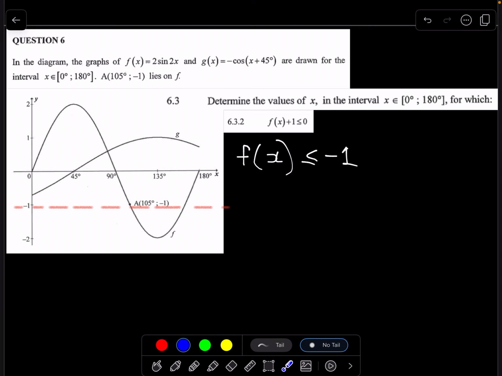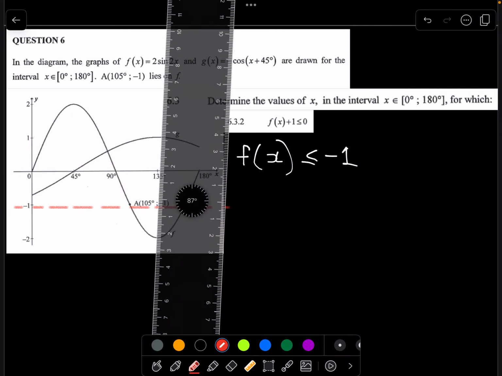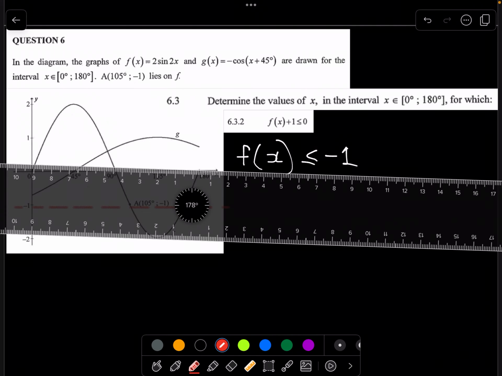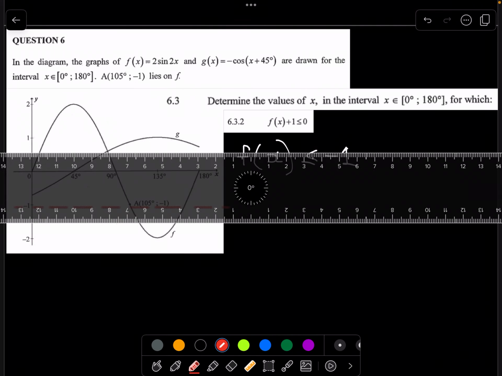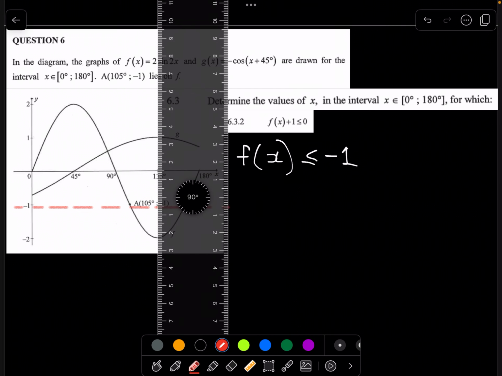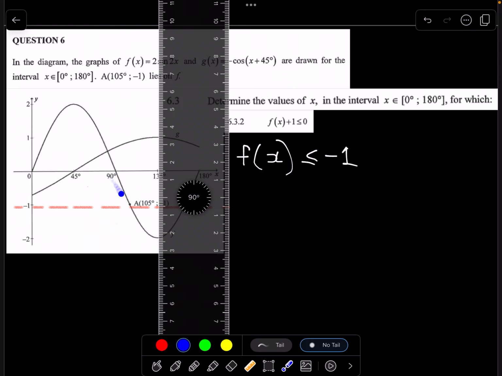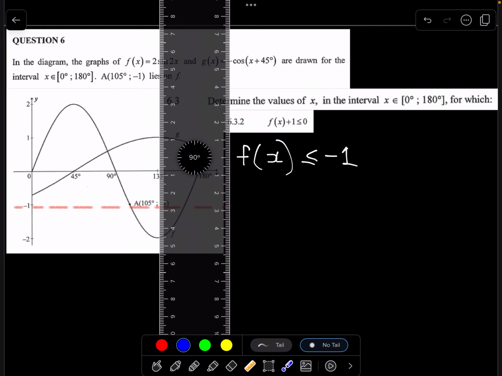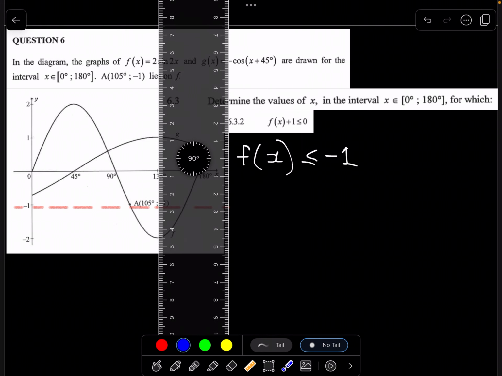I would be inclined to say that because... oopsie, no. Oh my god, go away, ruler. So this is a line of symmetry for this little piece over here. Oh guys, for this little piece here, this is the halfway,